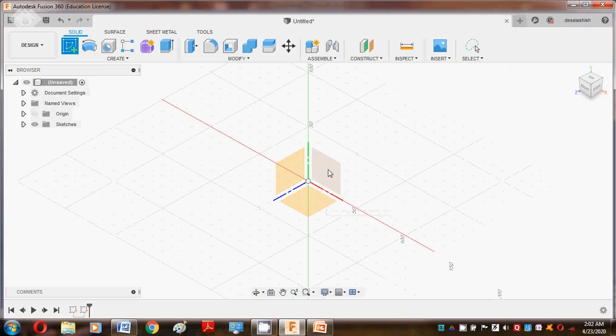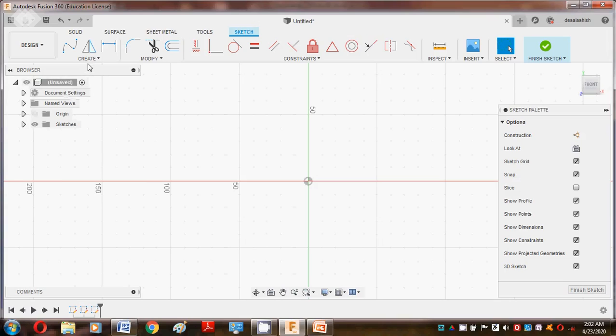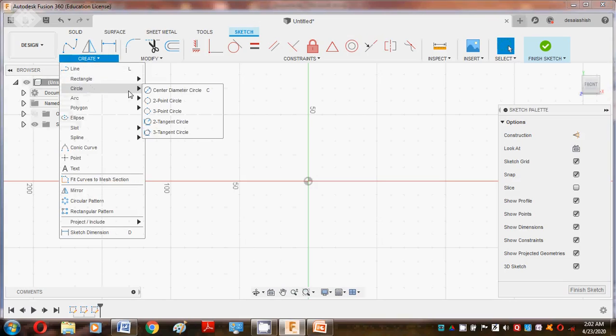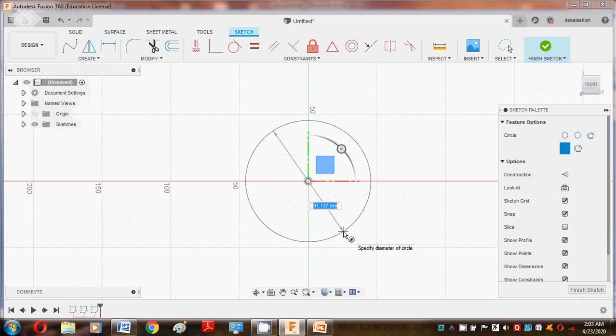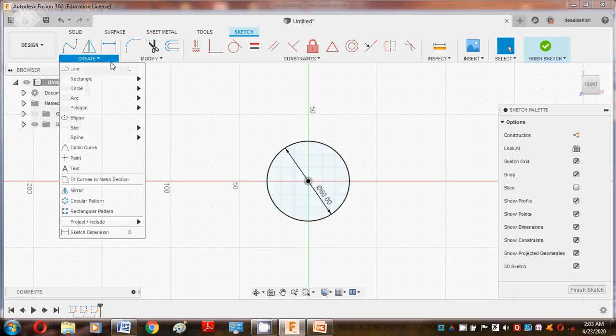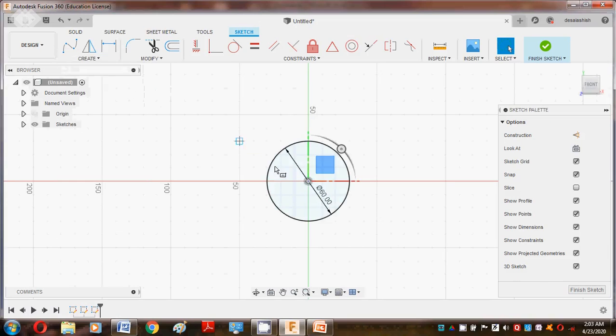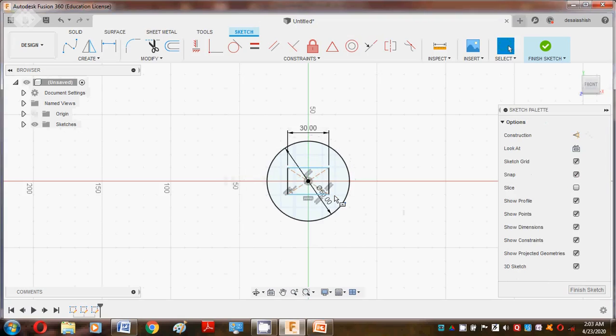So first of all we enter into the Fusion, then next create design workplace, then create a sketch, select this plane, go to the front side, then go to the circle, center circle, then the radius is about 60. Then again go to the rectangle mode, center point rectangle, this is about 20 and this about 30, then go to the